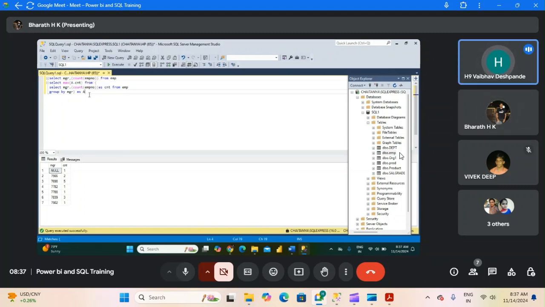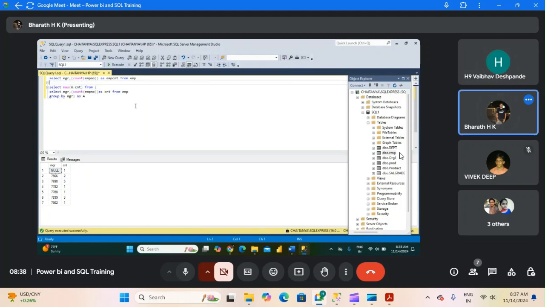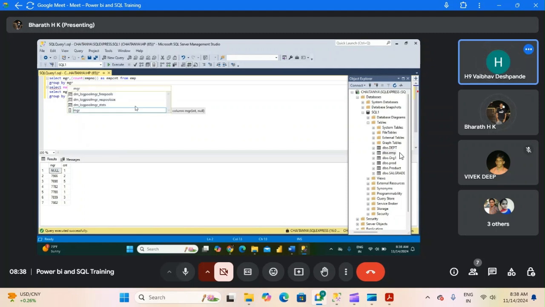Again, you need to give alias name for this employee count. Here we are using CNT, right? Now you can give as EMP CNT. Now again, after the from in the first statement, after the employee, click enter. Again, you need to use a group by. What? Again manager, MGR. See again, here you will get what? Manager